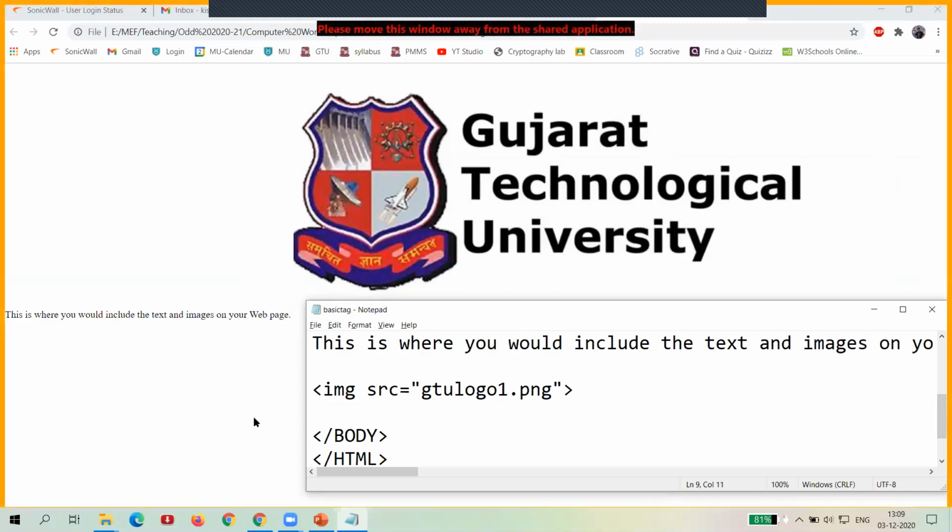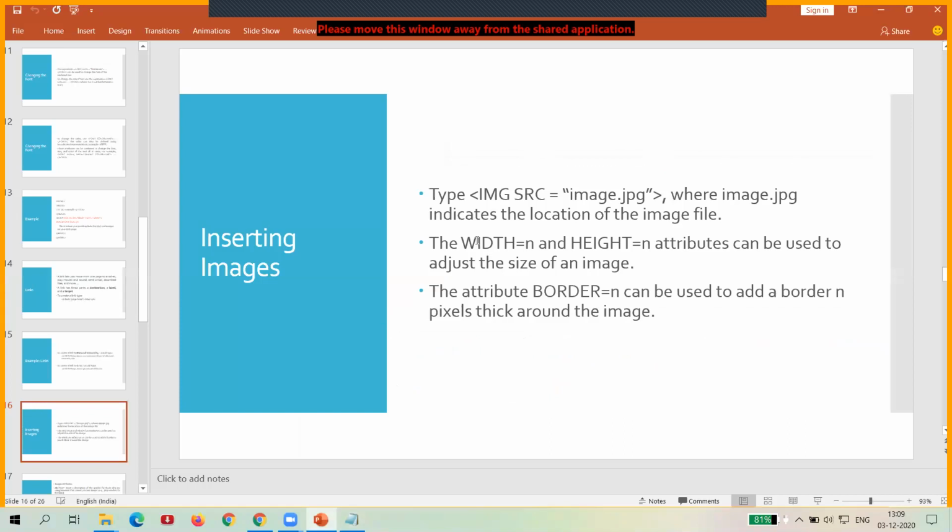Let's move to that attribute. So now the first two attributes that we have are width and height. Now my presentation screen is visible.